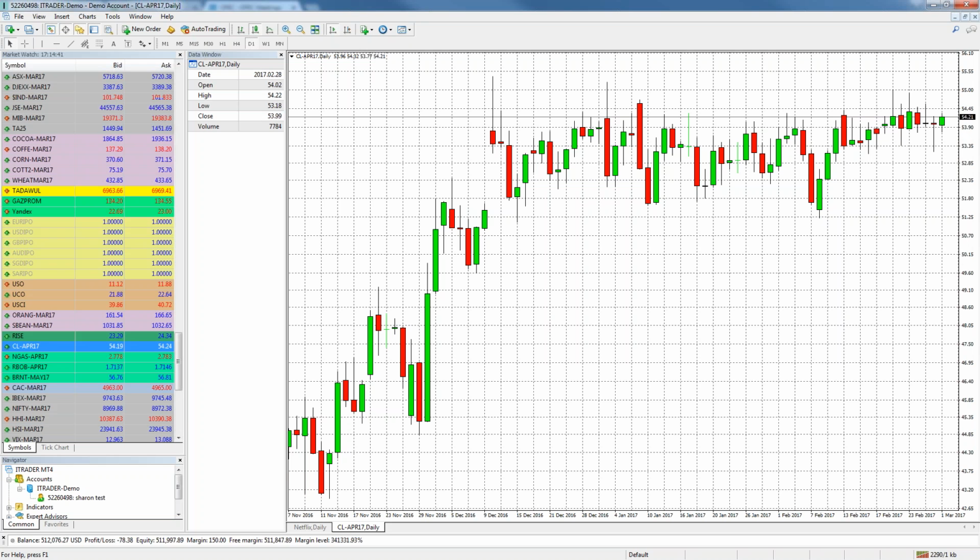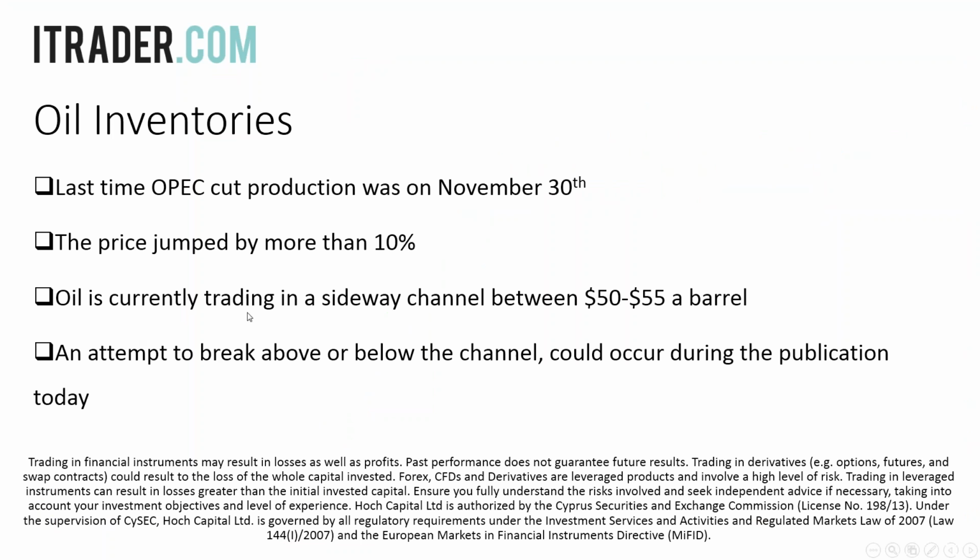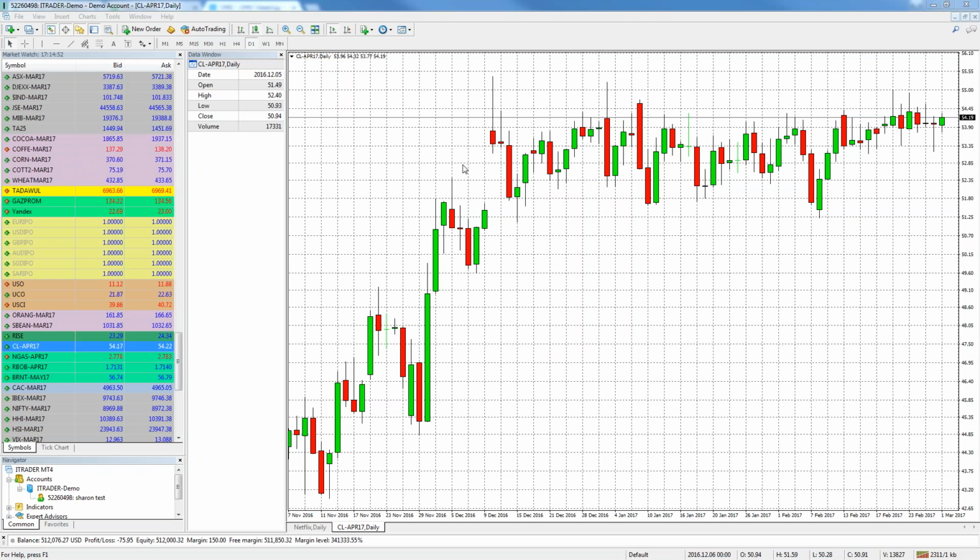Let's take a look at what's going on right now. Back to the PowerPoint. Now, oil is currently trading in a sideways channel between $50 to $55 a barrel. This is a daily chart. Each candle represents 1 day. This is today. Right now, the price is 54.20. If we put a support level here,